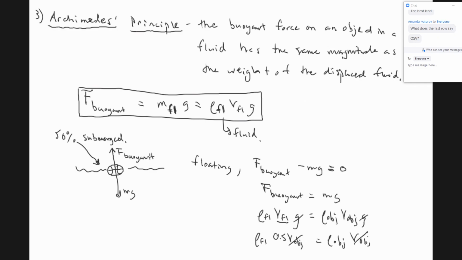Density of the fluid times 0.5 volume of the object is equal to density of the object times volume of the object. Left-hand side, right-hand side. I just substituted for the volume of the displaced fluid. Since it's 50% submerged, that means 50% of that object, in this case my basketball, because I love basketball,